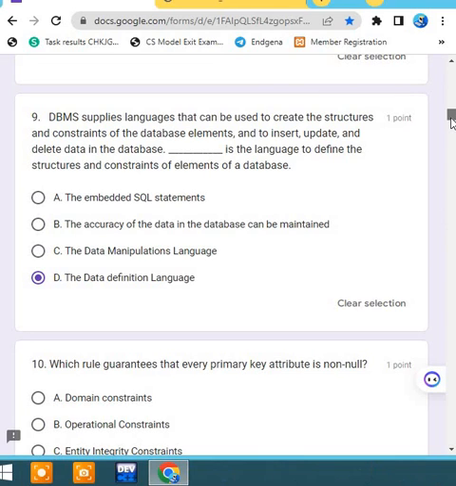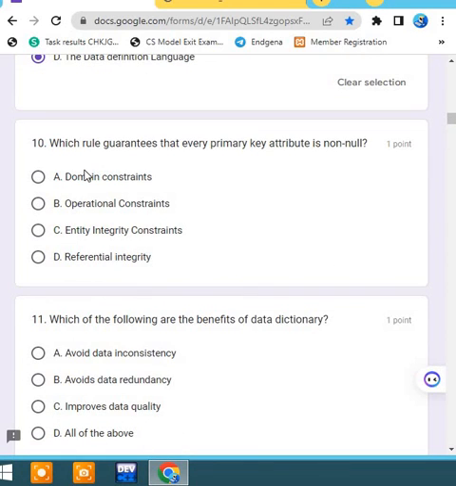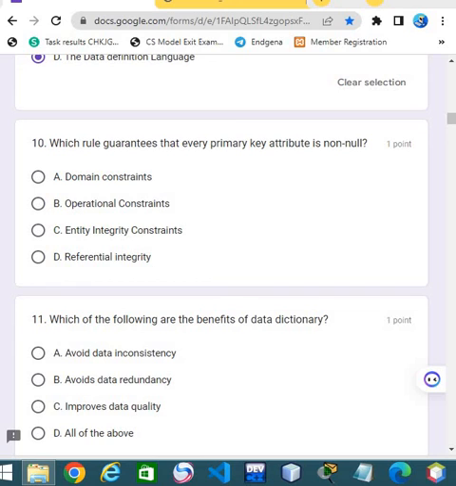ሌላኛው ጥያቄ ደግሞ ወደ 10ኛው ጥያቄ ስንሄድ the rule stating that every primary key attribute is non-null ይላል። A. domain constraint. B. operational constraint. C. entity integrity constraint. D. referential integrity ይላል። ስለዚህ ይሄ ምንድነው የሚለውን ከመጀመሪያው ጥያቄ ጀምሮ እንጀምራለን። what is domain